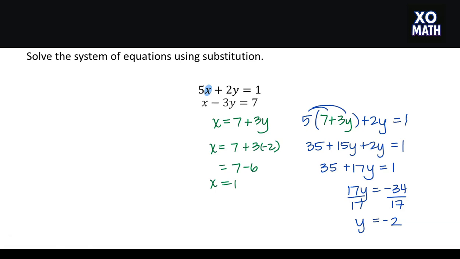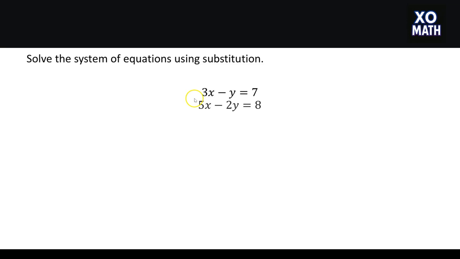We want to express our answer as a coordinate point of the form (x, y), so we have (1, negative 2) as our solution. In our second example, we have 3x minus y equals 7 and 5x minus 2y equals 8. None of the variable terms have a coefficient of 1, but in the top equation, the variable y has a